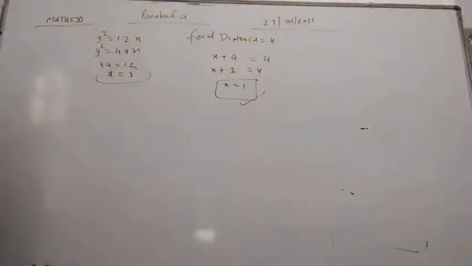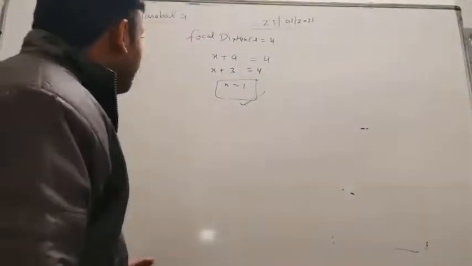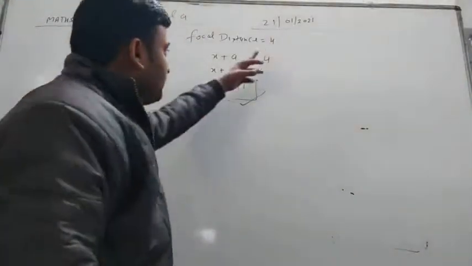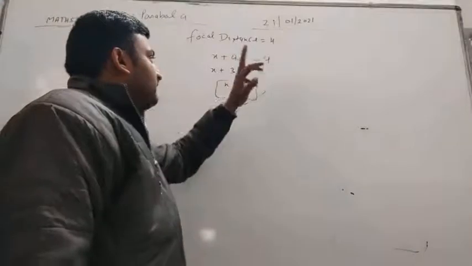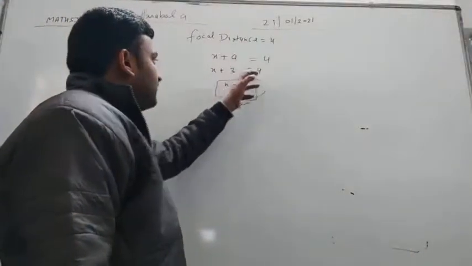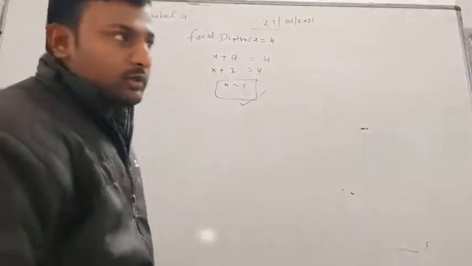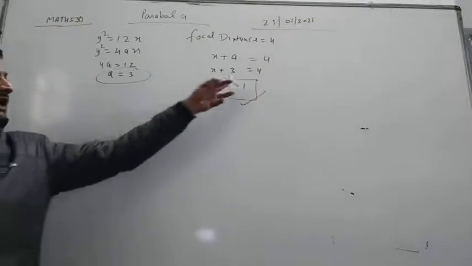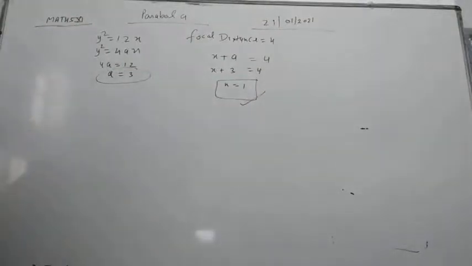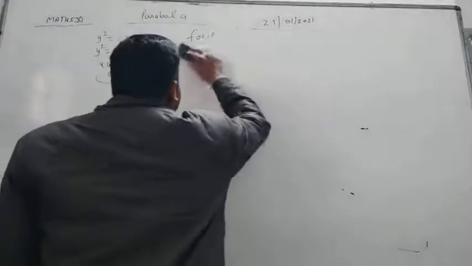Okay student, I hope you understand, because in this question we just have to find out the abscissa. Our focal distance is given, which is 4, and you know the formula for the focal distance is x plus a, which is equal to 4. So x plus 3 is 4 and x is equal to 1. From comparing here, we find a, and we put it here, we get the result. Now we see another question, students.